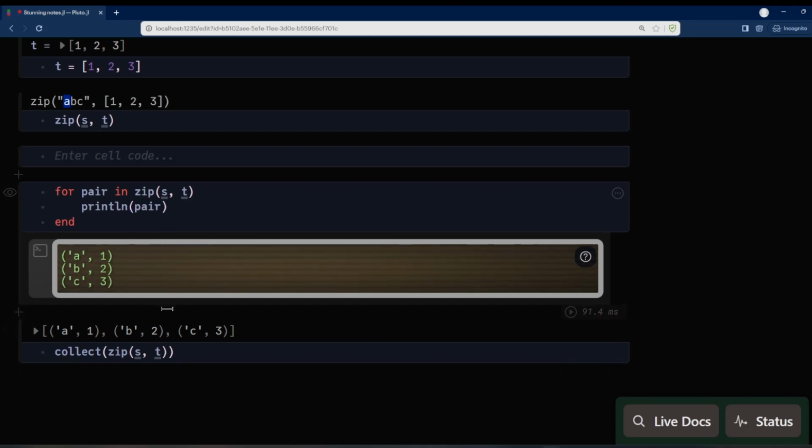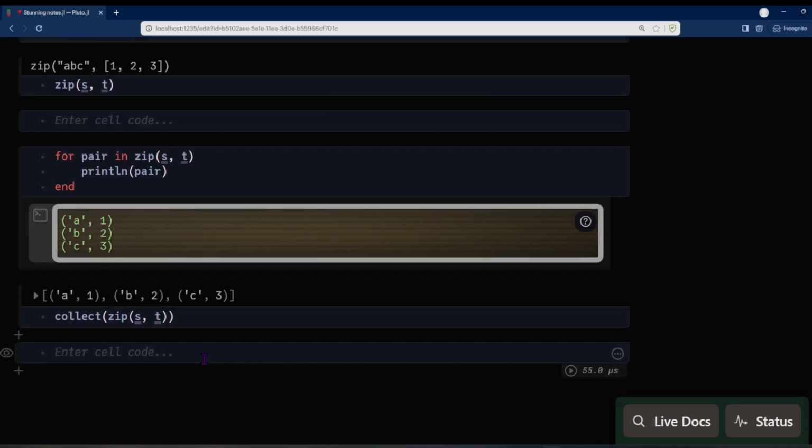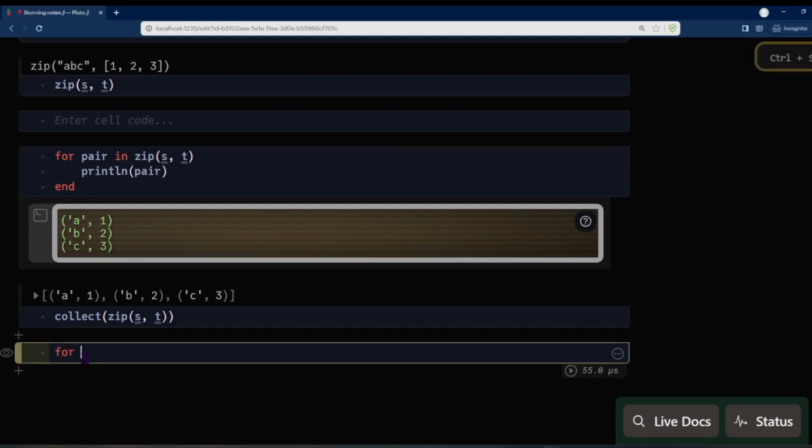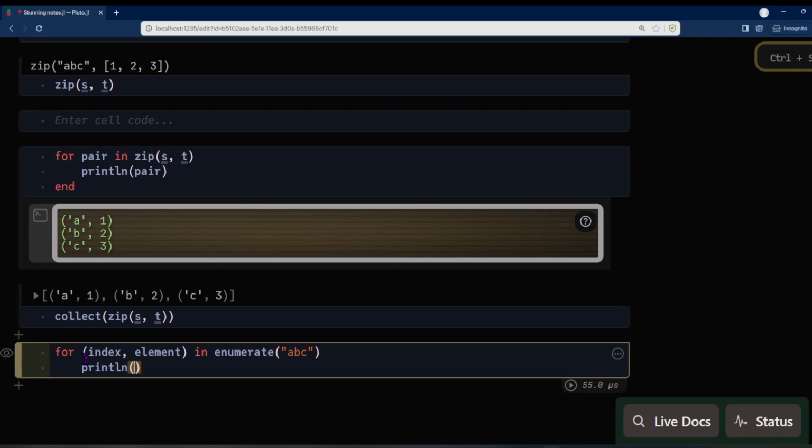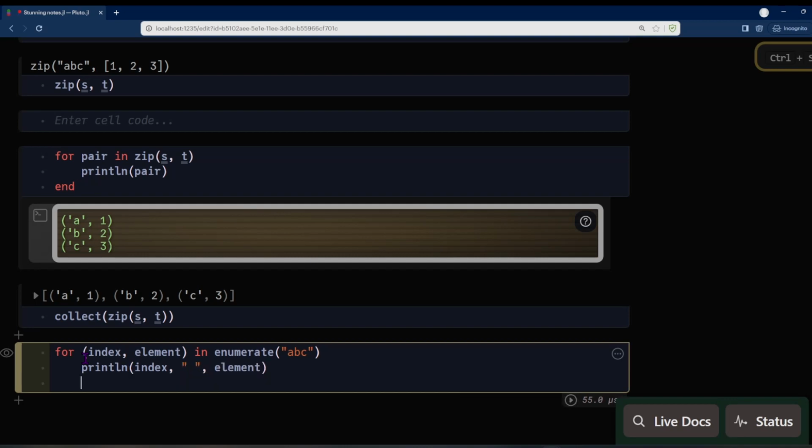So instead of writing this code, we can directly use the collect function for this. And we can also iterate over it. So if you want to iterate, for example, you can do for index, element in enumerate. There is an enumerate function which gives us a tuple, which is very handy, and it's also handy in Python. So println index comma element, and then